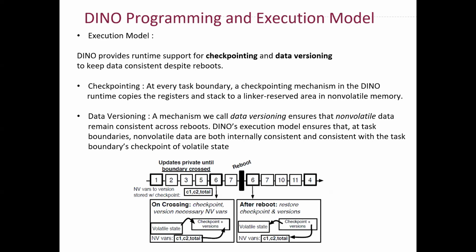Again, at every task boundary, a checkpoint in the DINO copies this important data to non-volatile memory. And these checkpoints are double buffered so that newly written checkpoints supersede prior ones only after being completely written. This was something which we discussed in one of the previous slides, wherein if you're writing something to a buffer and you lose power, then that buffer is corrupted, or that's an inconsistent buffer. So you need to discard it. And that's why we have a double buffer mechanism so that newly written checkpoints overwrite the previous ones only after they are completely written.